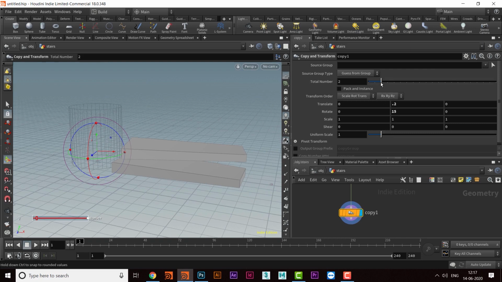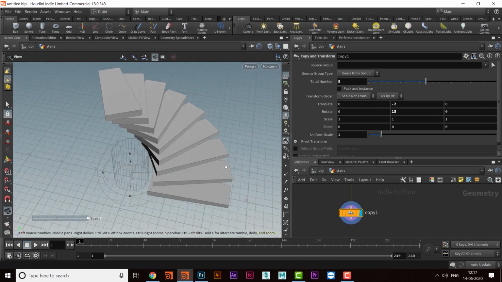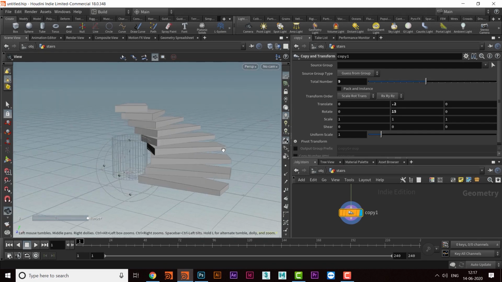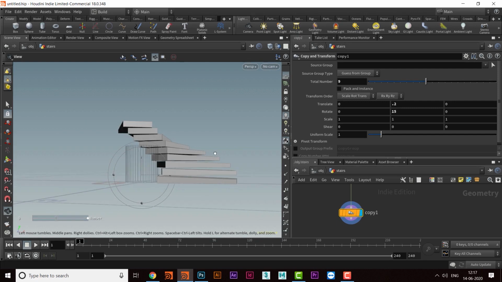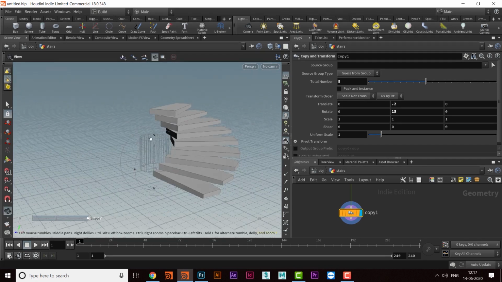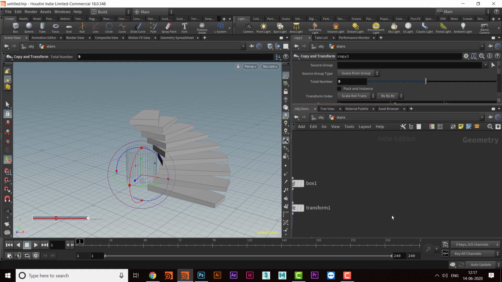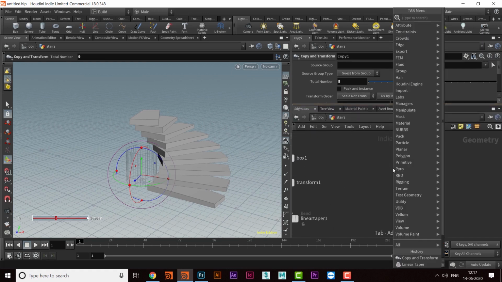Okay. So now if I increase the numbers, that will be rotating around the pole. What I will do, along with that, I will also create a controller.